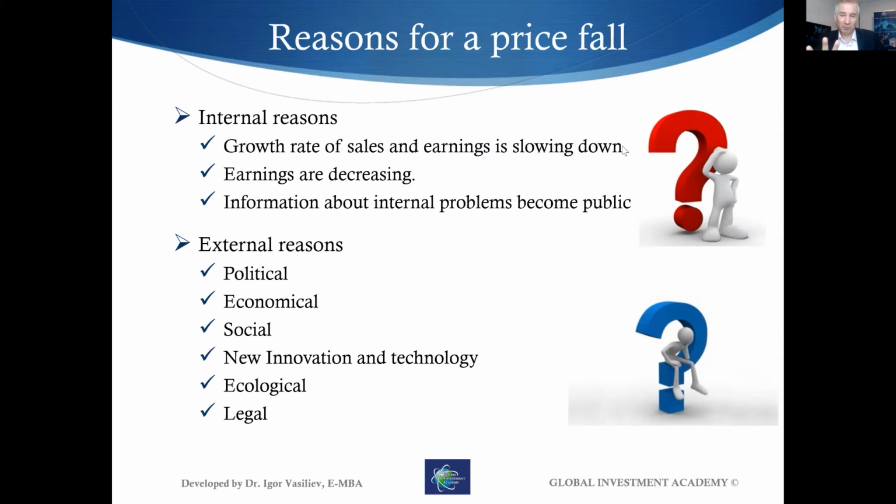Now, a very important question which you have to ask as well: when the price collapses, you need to understand the price doesn't go down just like that. It's not just a lucky period for whatever reason, and the price just fell 20 or 30 or 50% on that particular stock. There is a reason for that. And the reason is pretty strong, and that's why people are afraid and they're selling it off.